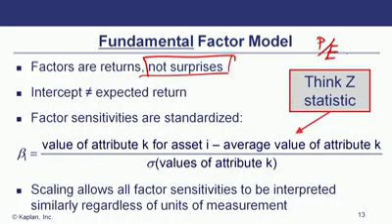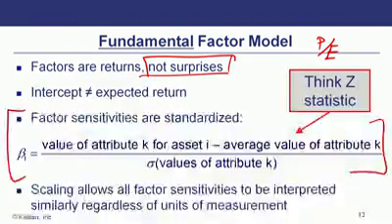The intercept is not identified. It's not going to be equal to some expected return. The factor sensitivities here are going to be standardized values of the individual attributes. And this is the part that confuses people, I think, so I want to be real careful about that. If we have this firm that has a PE ratio equal to 10, and the average PE ratio for firms in our sample is, we'll say, 20,